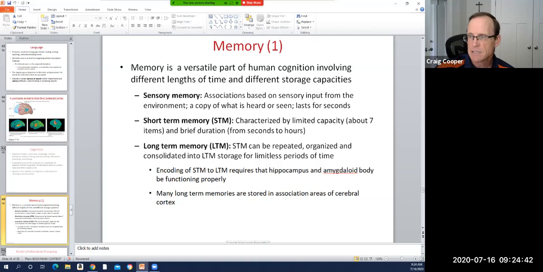So we can definitely have sensory memory. This is generally pretty brief. And this is really important for us when we are developing motor skills. If you think about learning how to throw or kick accurately, whether you're throwing a ball or a dart or whatever,